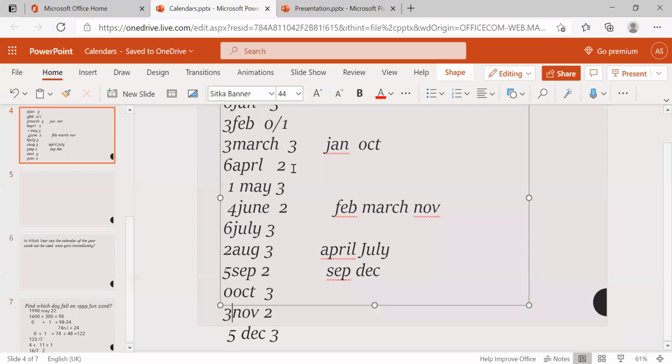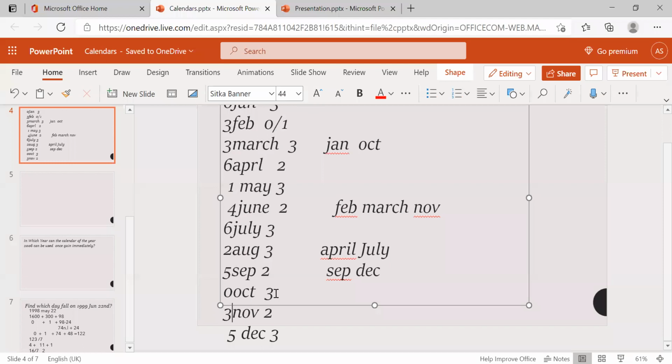For April, this 3 plus this 6. For May, 6 plus 2, 8. But 8 days means you can make 1 week. So that is 1. So 1 plus 3, 4. 4 plus 2, 6. 6 plus 3, 9. But 9 means we can make 1 week, the remainder will be 2. So 2 plus 3, 5.